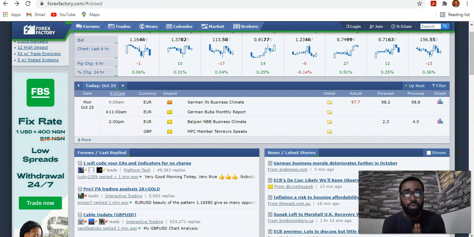Many people know that it is necessary that each time you wake up in the morning as a forex trader, you should check the news. But the reason why many people don't check the news is because they don't even know what they'll be checking. They could go to the site like you're seeing now, and they don't know what it means. They don't know how to trade it.